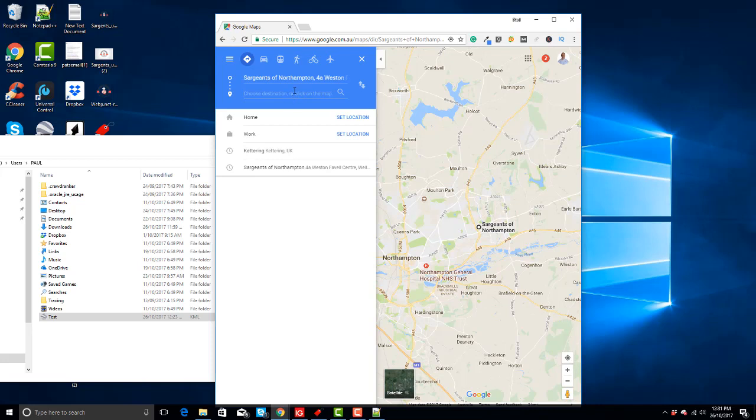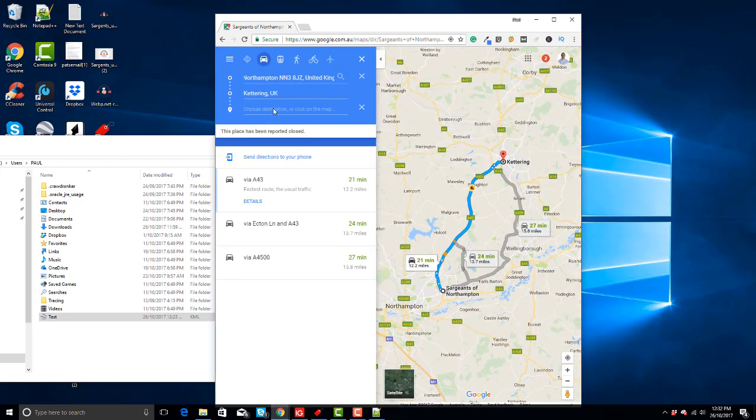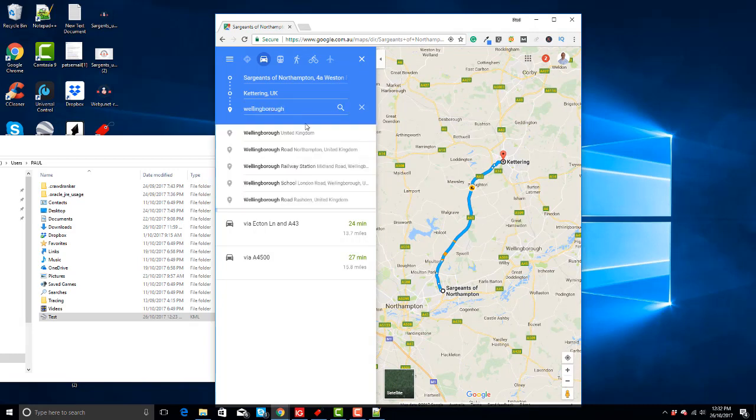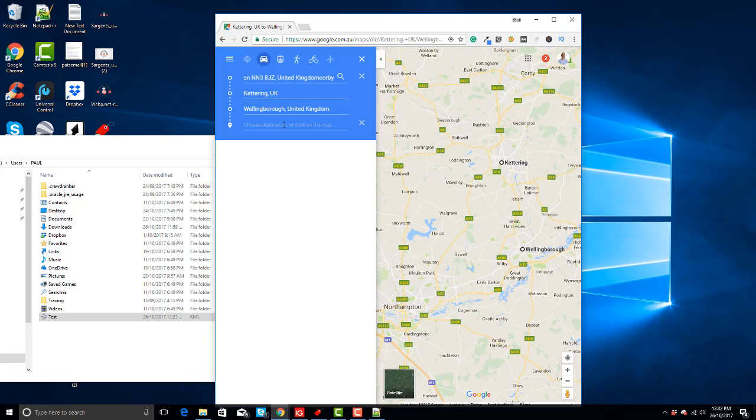Okay. And then I might say Kettering, and then I'll add Wellingborough, and then I'll add Corby. These are all towns